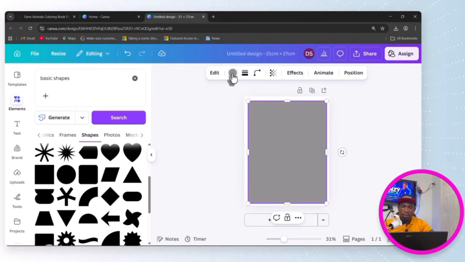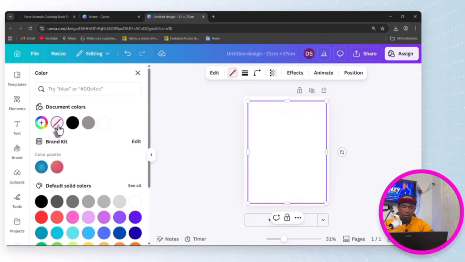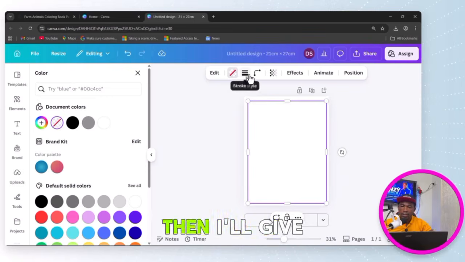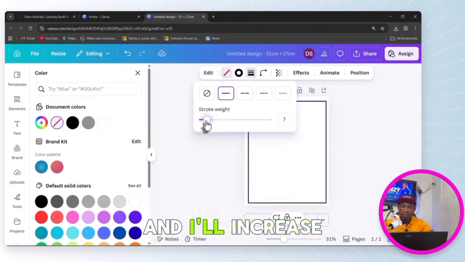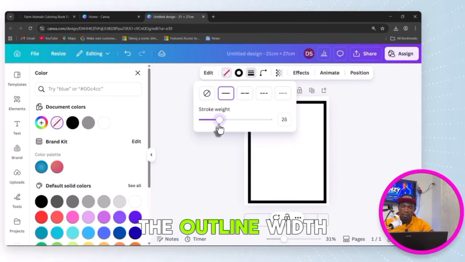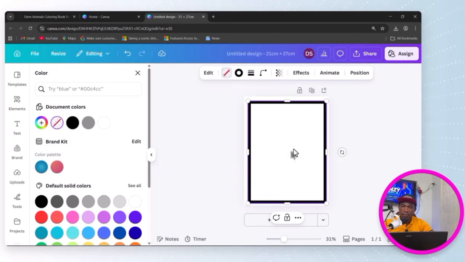And then I'll remove the inside color by clicking here. Then I'll give it the outline borders. I'll select this and I'll increase the outline width or the stroke. Right, so